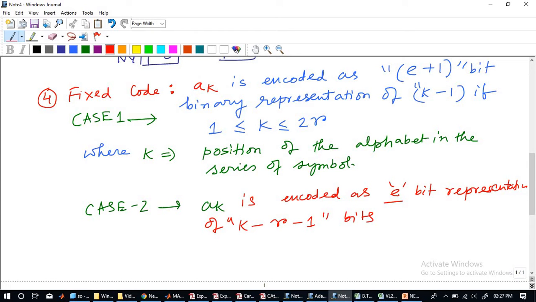So apart from this condition of K within 1 to 2R, in the rest of the cases it should vary as per the following example, like E bits we have to consider. So let us take now the example and we will try to encode it. So these are the rules.